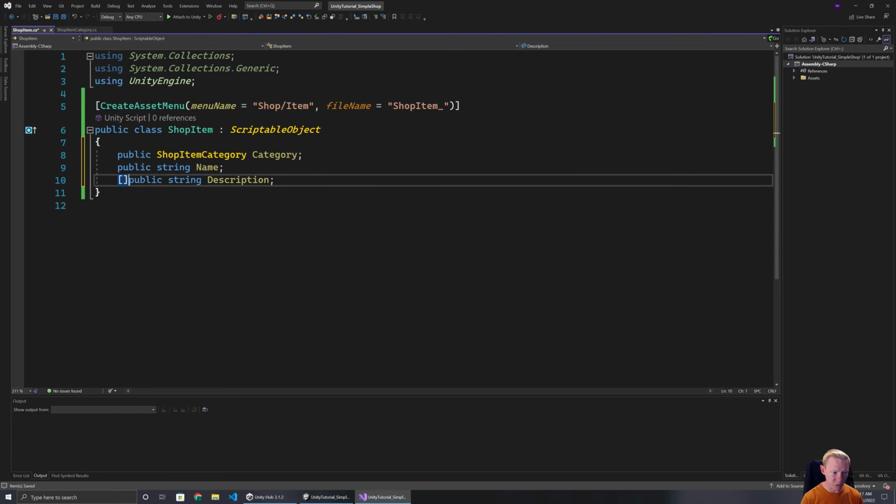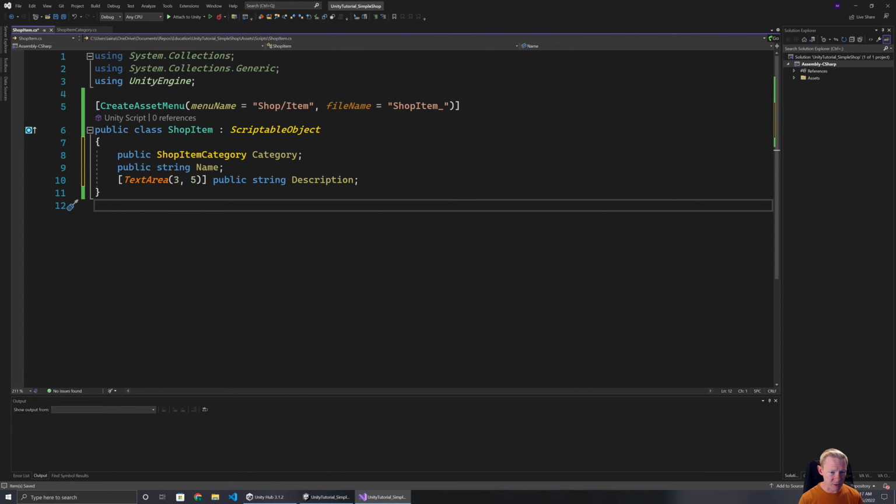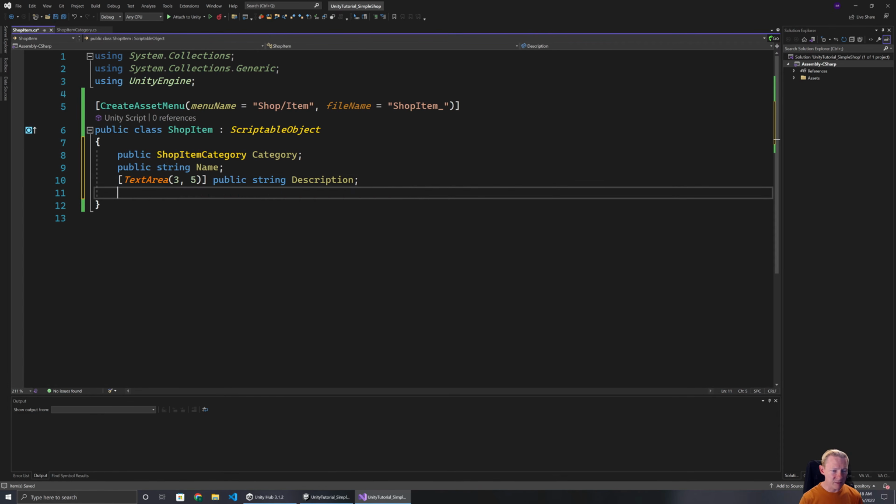We can also, for this, give it a text area, which will allow us to indicate the number of lines. So we can give it, let's say, 3 to 5 lines. So, okay, that's good. We'll have the description. We could add in things like an image, stuff like that, to show with it as well. What we can also set up